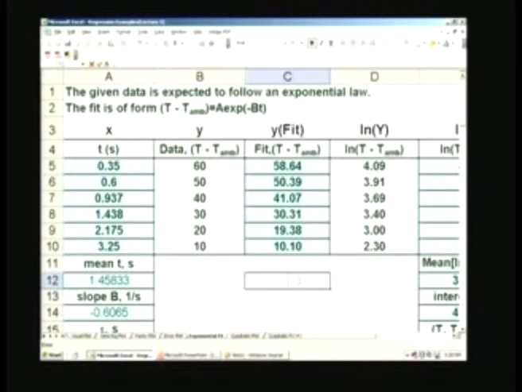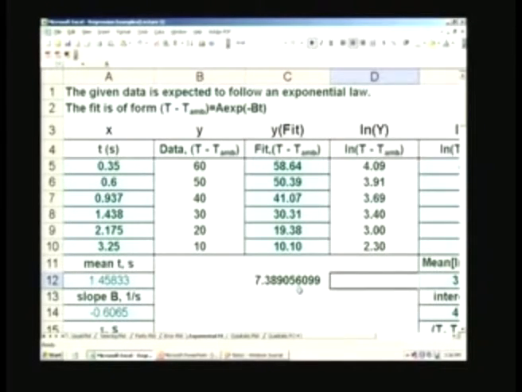I can erase it, or I can put a number, or I can put a formula. For putting a formula, I have to put equal to. That means that whatever is going to follow is going to be a formula. For example, exponential of, let us say, 2. So, if I come out of that cell, the formula has been calculated.